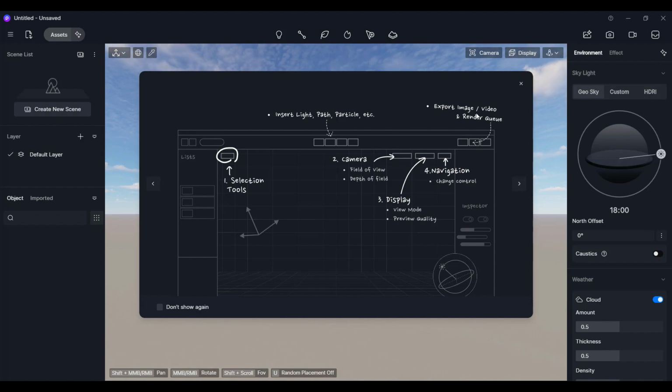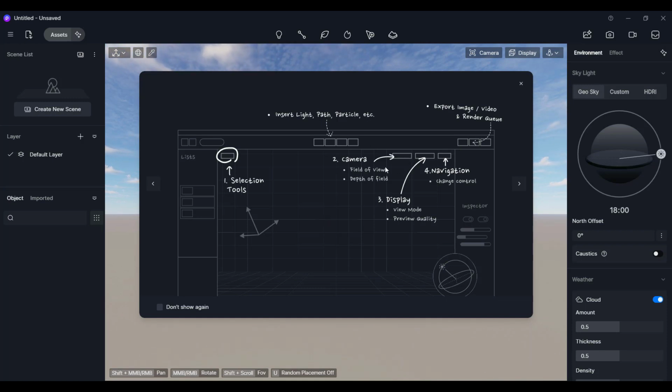And at the right side we have export image or video or rendered cube. These are the options we have. So this is environment and effect, and this is the build mode. Once you create your scenes, if you want to take a render, then you can click on the render option or photo mode option. And if you want to create a movie, then you can click on this. And once you're done with the render and video, if you want to export, you have to add those scenes or videos to your rendered cube. That is here.